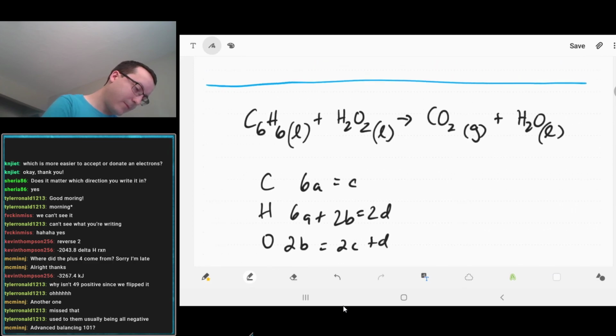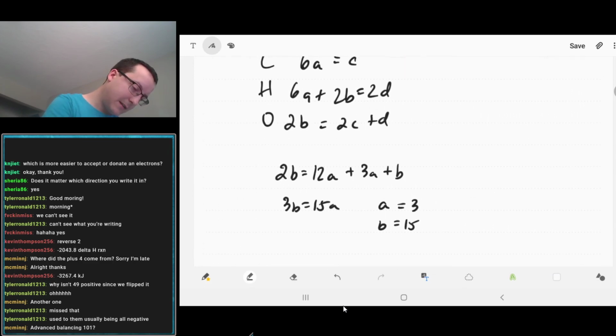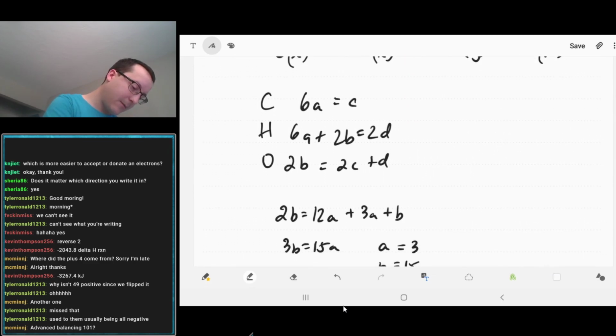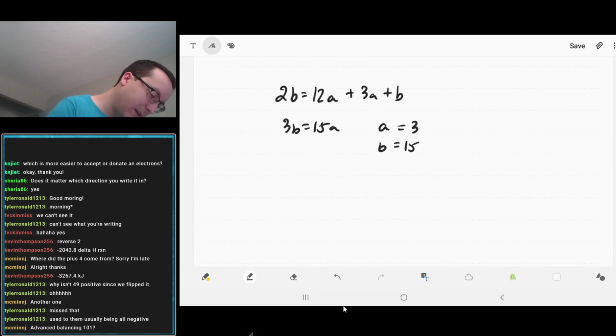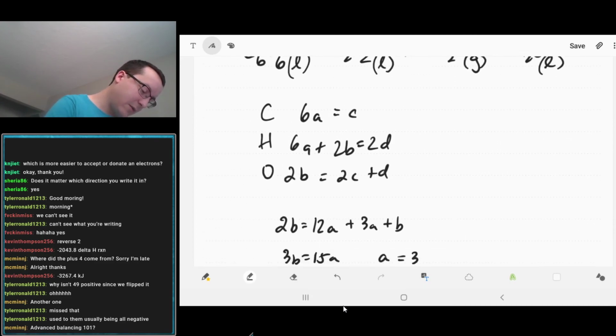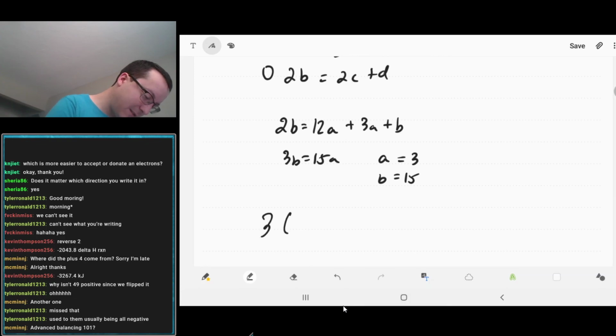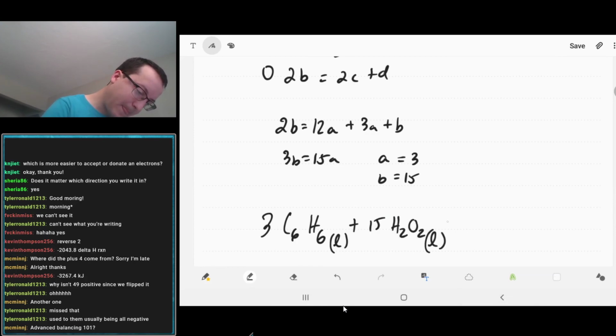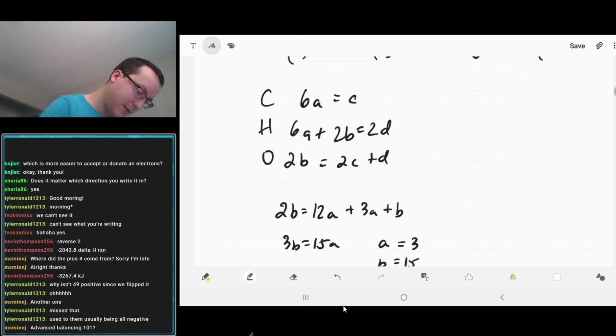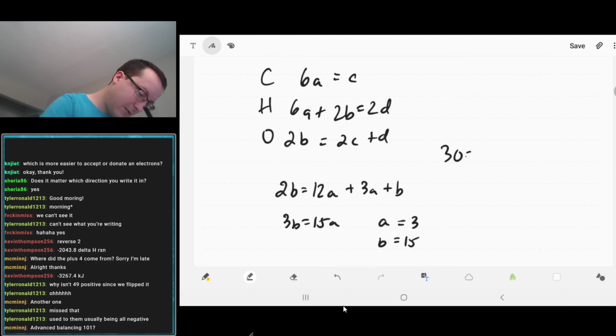Okay, cool. And then C is 18. Okay, so doing this horrible reaction, we're going to get 3 benzenes plus 15 hydrogen peroxides turns into 18 carbon dioxide, and D is going to be 30 equals